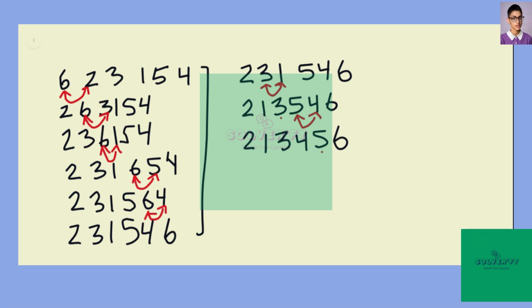So start back at the beginning and we say, well, is 2 less than 1? Nope. So we switch those two. Then we get 1, 2, 3, 4, 5, 6, and it has been sorted in